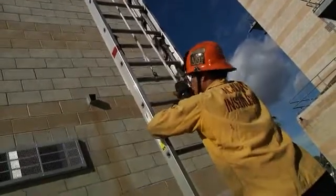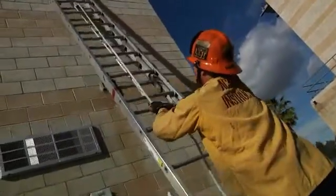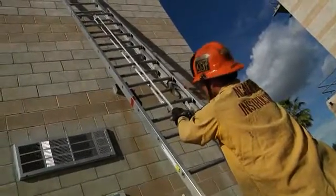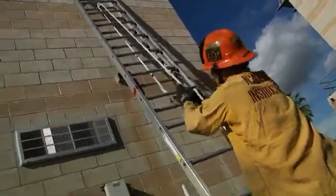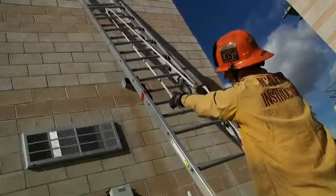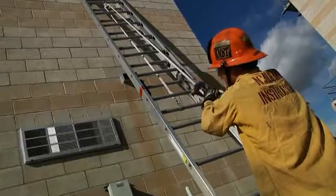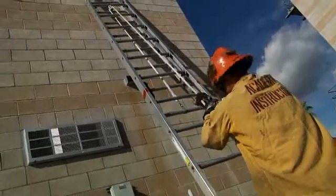I can push on these beams and make sure that the ladder contacts the building without losing control of the halyard. You'll notice that the dogs are unlocked but the fly section isn't moving because I'm still maintaining control of the halyard. From here, you can reset,